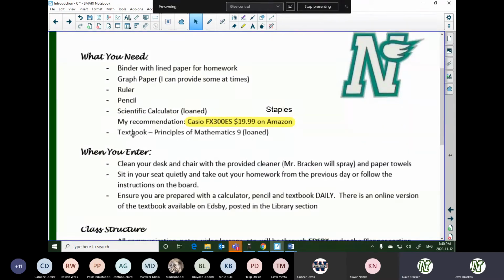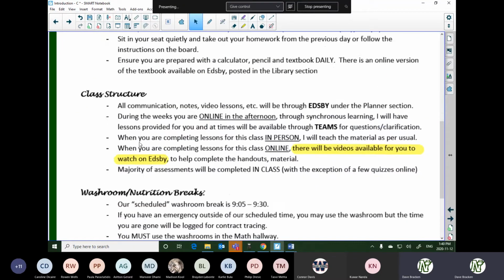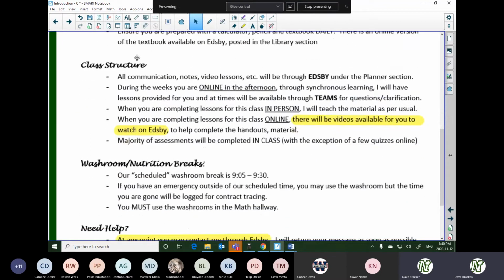Just to move on, textbook, I'll get that to you next week when you're in class. You won't need it until next week, okay? Don't worry about when you enter class. I'll talk to you on the day you get here. The class structure,